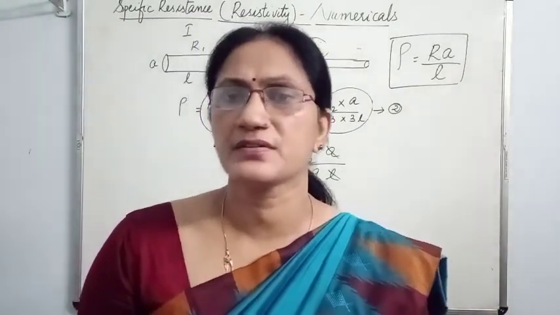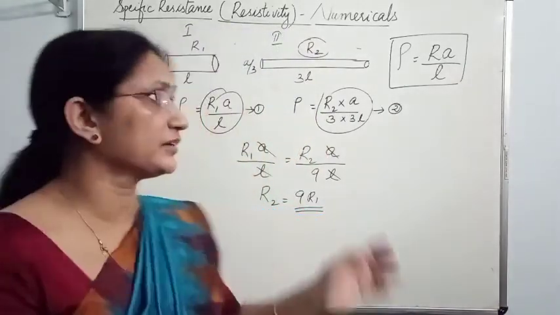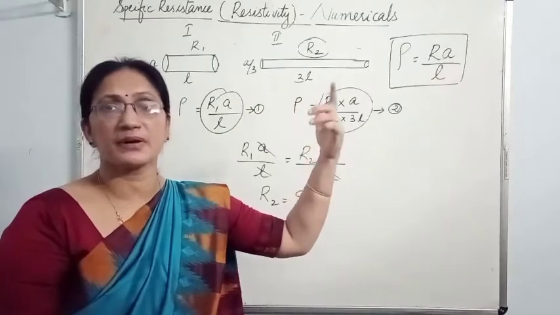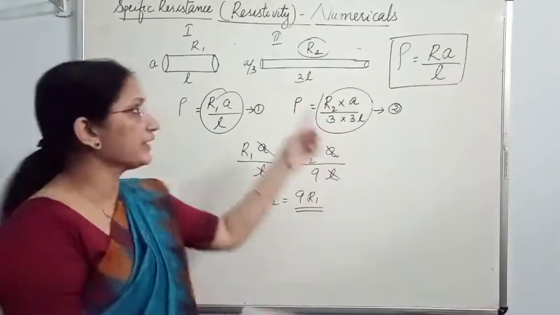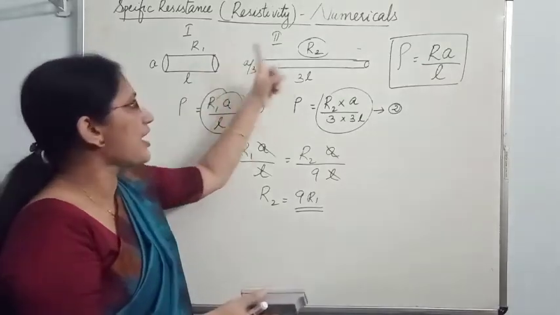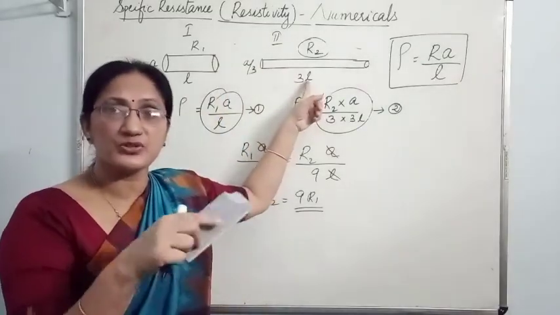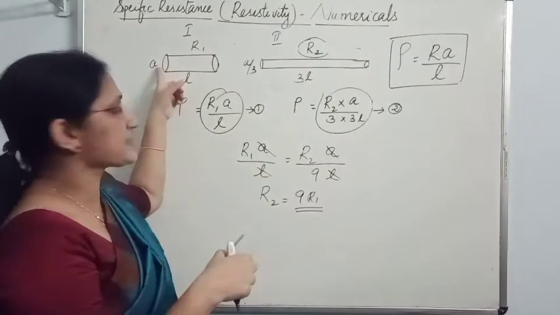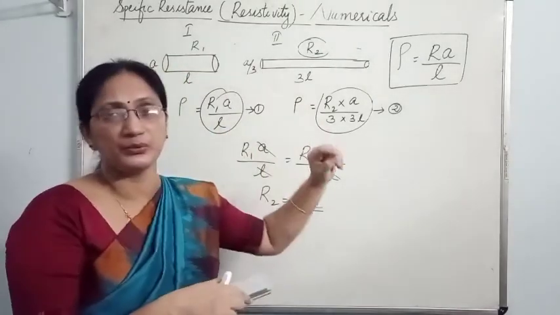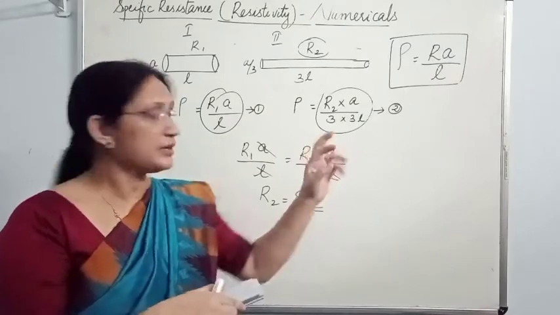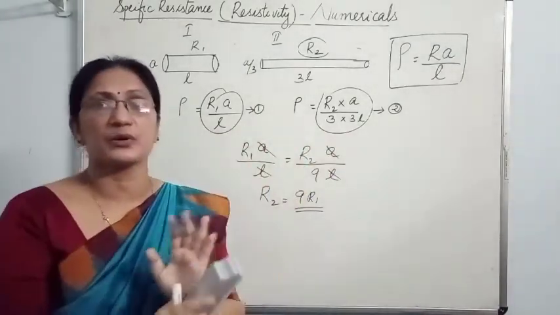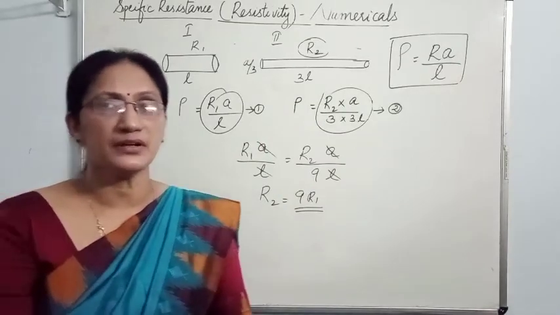You may get similar type of questions like a wire is stretched so that its length has become doubled. Length has become doubled means if initial length is taken as L, after stretching, it must be taken as 2L. Area of cross section, if it is taken initially as A, here it must be taken A by 2. Then proceed the same pattern. Make the formula for rho for both the wires, equalize it, then you can compare the resistances.